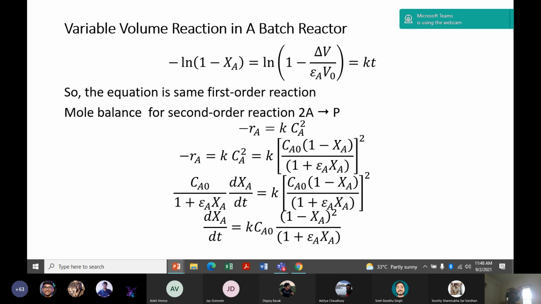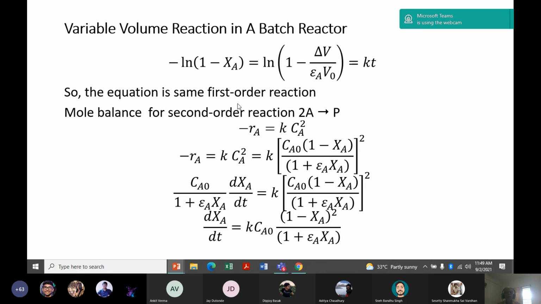There is a volume change, but for first order there is no effect on the total volume. We can follow this treatment by observing the volume change with reaction, delta V by V0. In some problems, delta V by V0, or V by V0, is supplied as a function of time, and you can solve it using the same straight line relation.